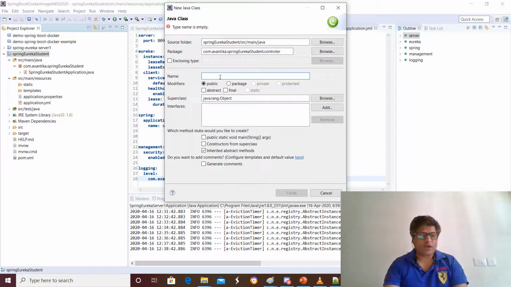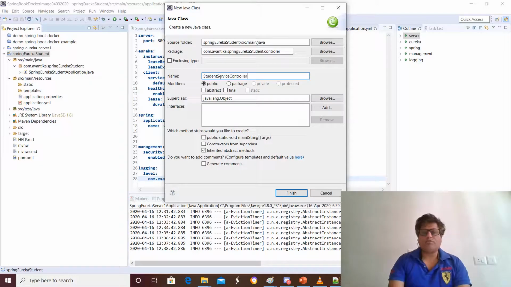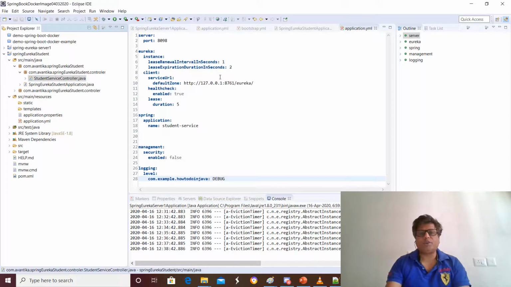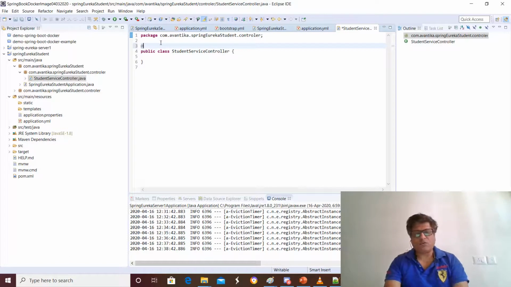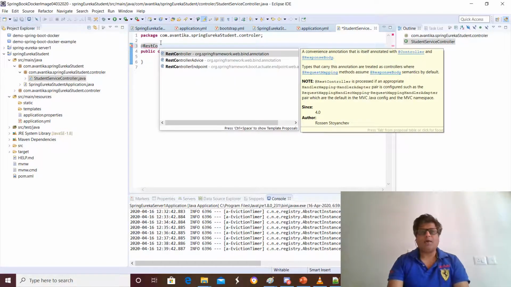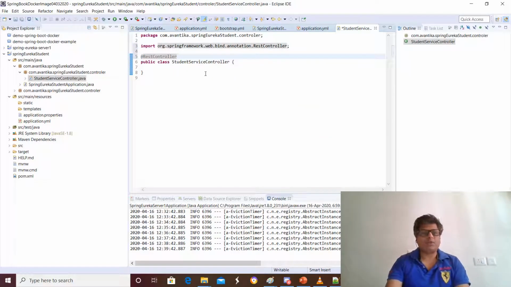So student service controller. So this will be the class which we will be making, and after we finish it up, here this will be our REST controller. So we will make the REST controller here, and after making the REST controller, we will make a